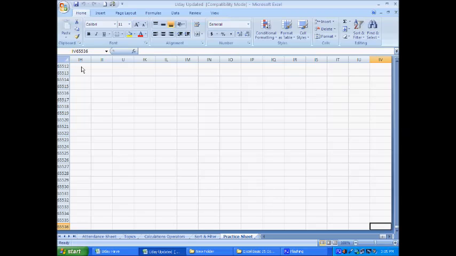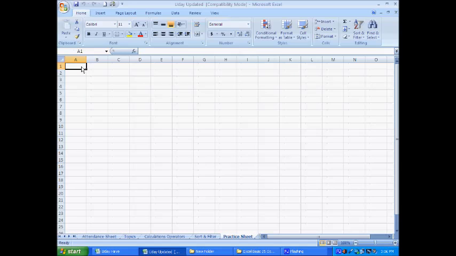If you want to return to the first cell of your spreadsheet, you have to press Control Home. So over here you can go through various cells in your workbook.